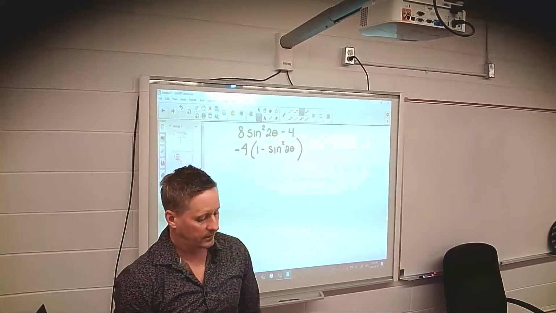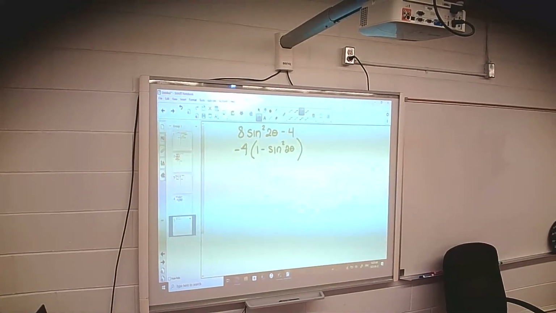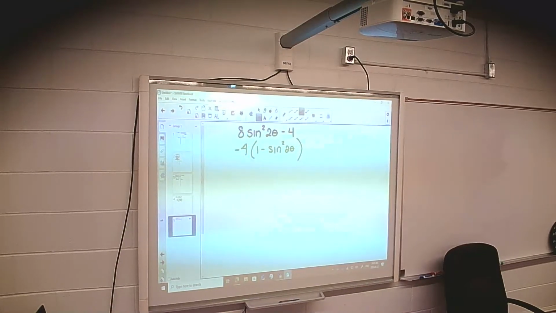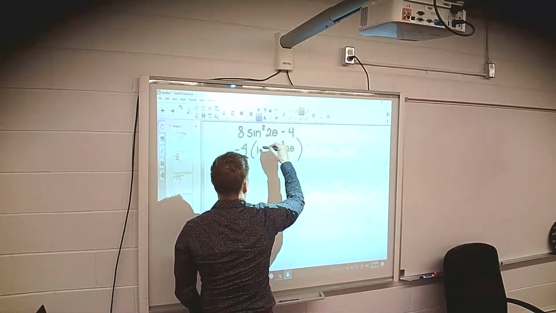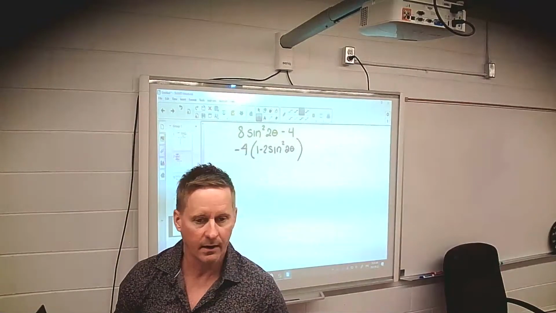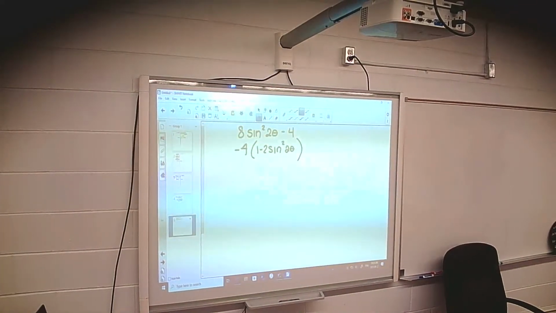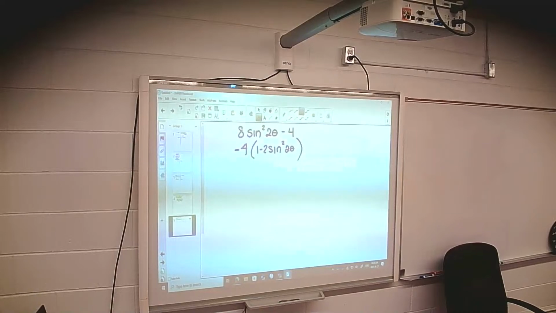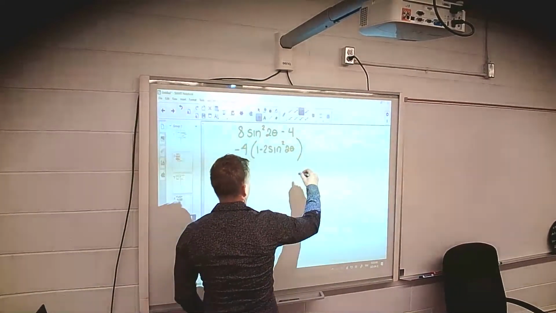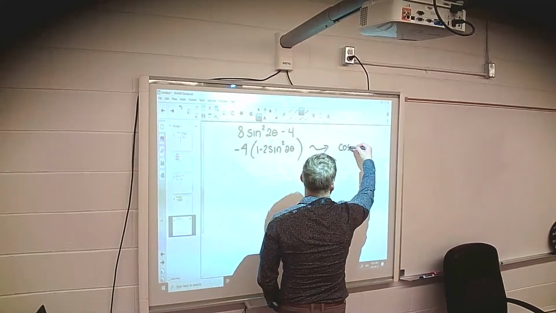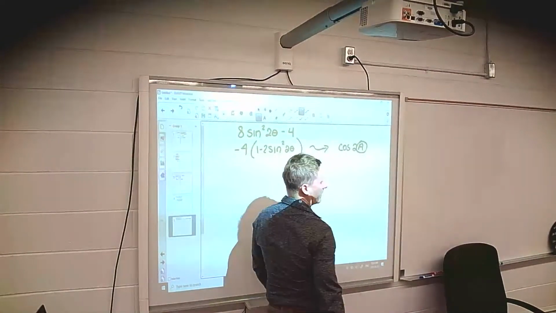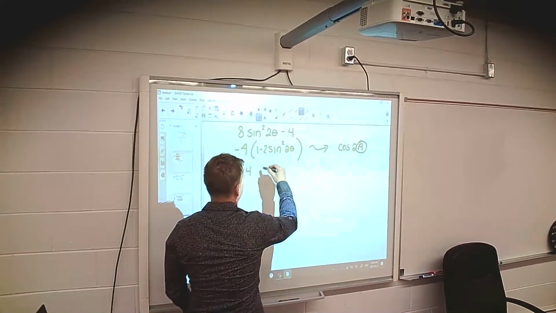Okay. So now it's going to be 2 minus... no, 1 minus 2 sine squared. You're half right, and I'm completely wrong. It's this to that. So I have that there. Okay. What identity is that? 1 minus 2 sine squared theta is equal to what? Cos 2. Okay. So I'm just going to loosely write it over here. That is the same as the cos of 2a. So this is -4 cos